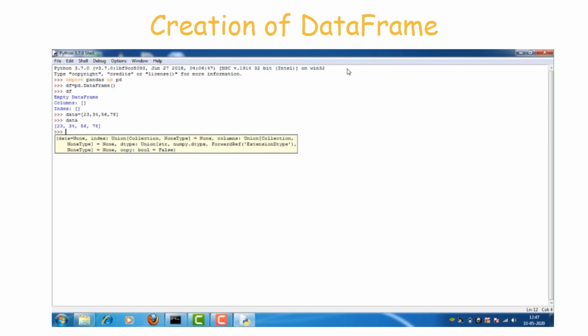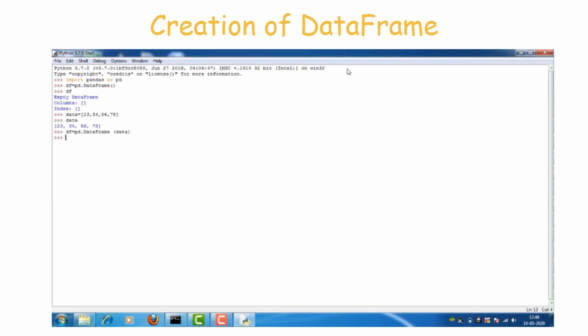So now data has 23, 34, 56, 78. df is equal to pd.DataFrame of data. The values of data will be copied into df. Print df. Now df has the list of values 23, 34, 56, 78.